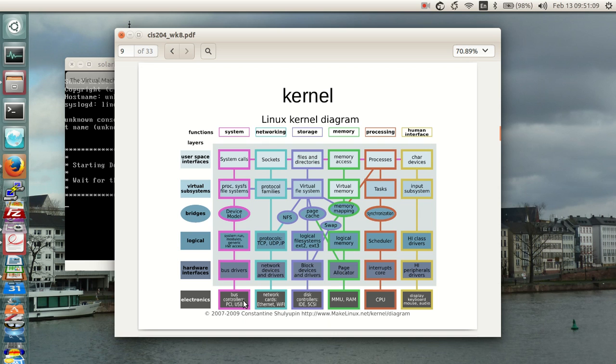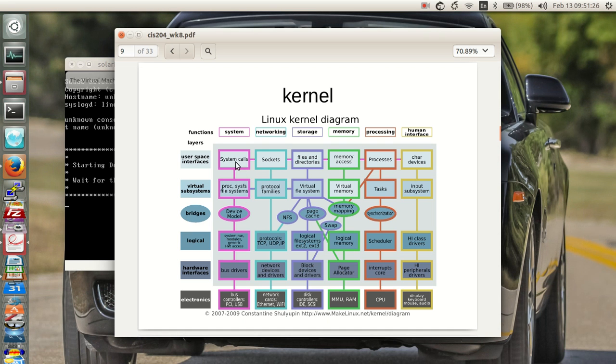So what you've got is electronics, a bus controller, PCI, USB, and the bus drivers, which are the interfaces to make the electronics work together. The logical piece is the system run, the modules, generic hardware access, processing, file systems, that type of thing, and system calls are the user spaces on the system. Networking: sockets, protocol families, the network file system, the TCP, UDP, and IP protocols, network devices, and then cards, Ethernet, Wi-Fi, and the cables, that type of thing.